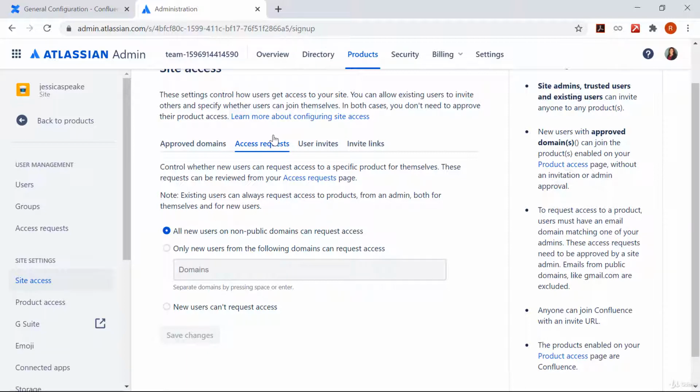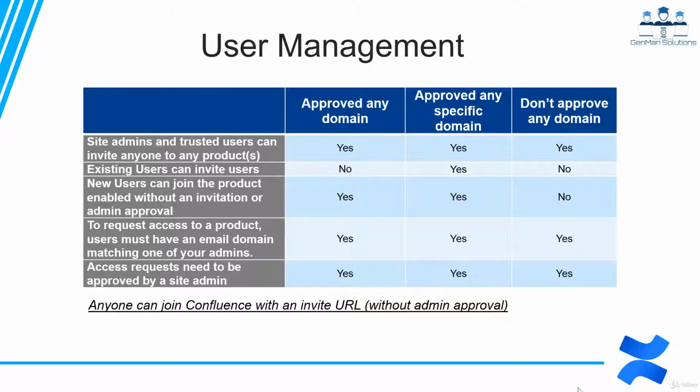Please note, when you grant users access, they count towards your product subscription. So as part of the cloud free version, up to 10 users can be added to your site. So any user access granted over here would be counted in your product subscription of 10 users. So as promised earlier, I would be providing you the summary of exceptions and important points which you need to be aware of while using the site access function.